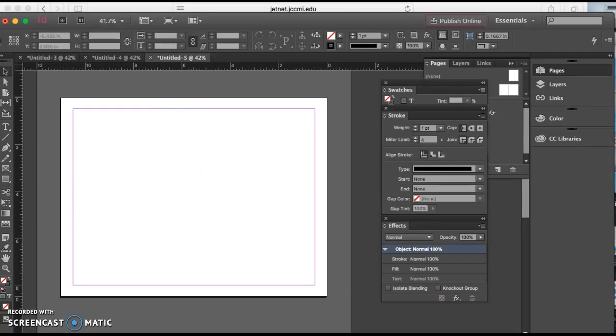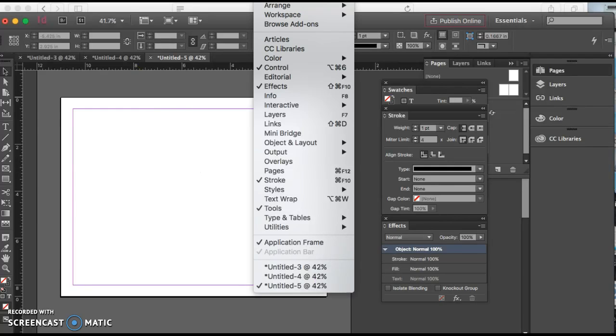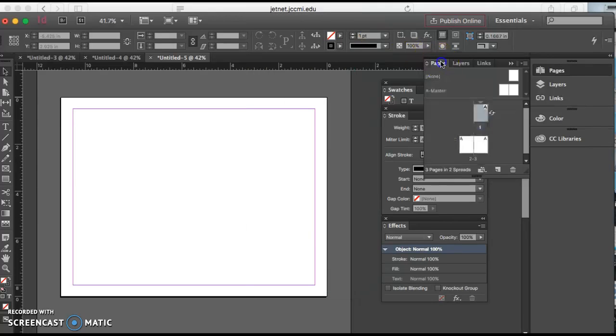So now we're going to go to Window, Pages, and that would be how you would get to the pages if you didn't see it, to the right side. Okay, and so you see that little icon that is the rotation, and you know you're on page 1 because it is highlighted. And that's how you might